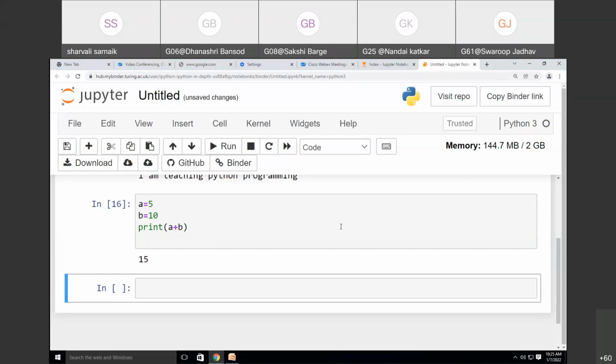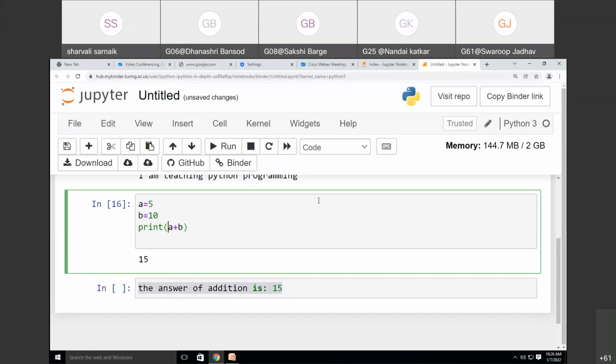Now, the output I want is, see, I will write the output here: the answer of addition is 15. This output I want. Now what I need to do is write "the answer of addition is" into double quotes.